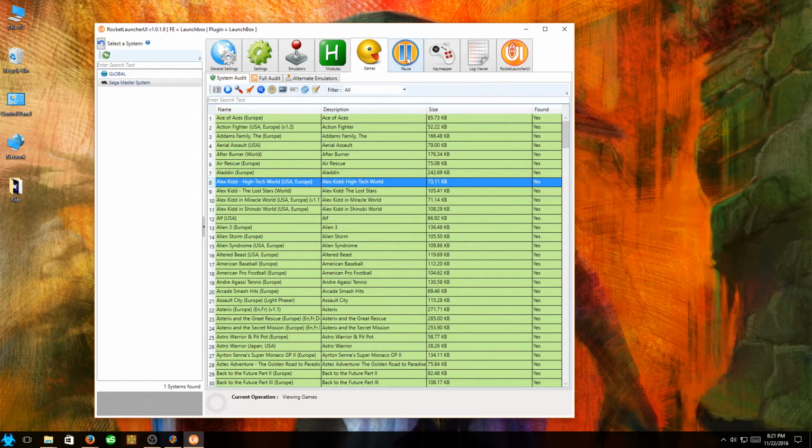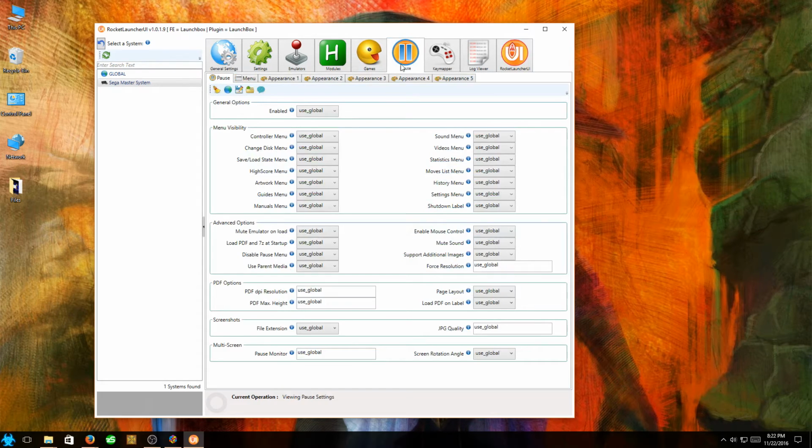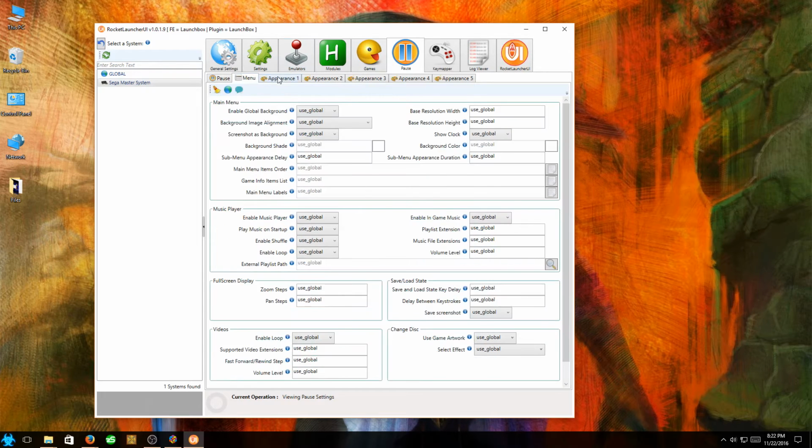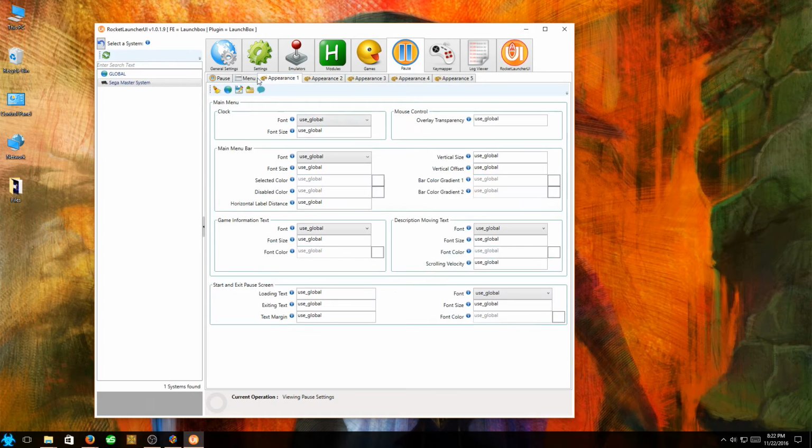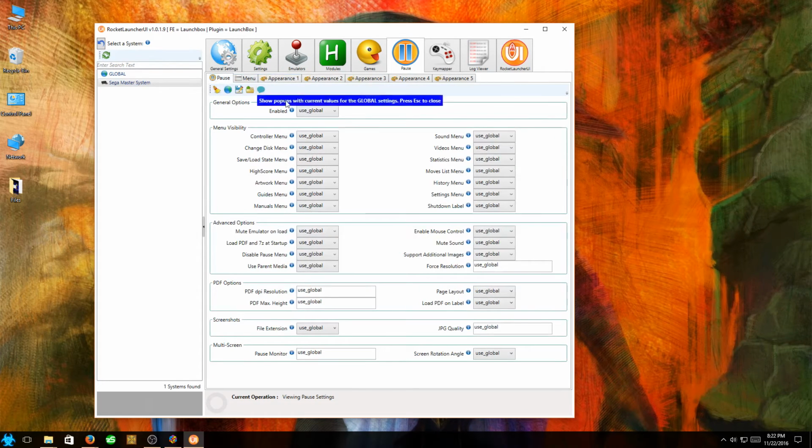You see these other tabs? There's this thing called Pause. It used to be called Hyper Pause to go with the Hyperspin theme, but they just call it Pause now, the Rocket Launcher Pause. You can click on Pause and change the appearance of all these pause buttons. So what happens in pause is when you press your pause key, whatever it might be in the emulator, and it'll be different for every emulator,